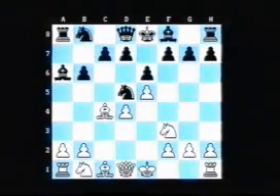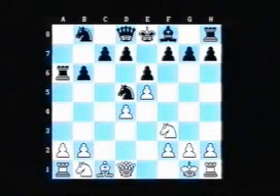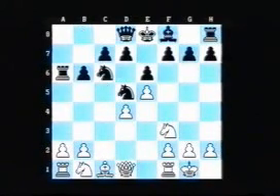White here can play bishop captures bishop, and now we can play the very cunning rook maneuver, rook captures bishop, with the following idea. White castles, the knight comes out to c6, putting a little bit of pressure on the white centre, and after knight b to d2,